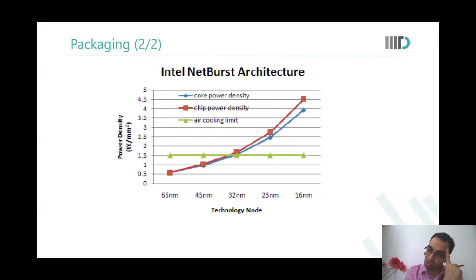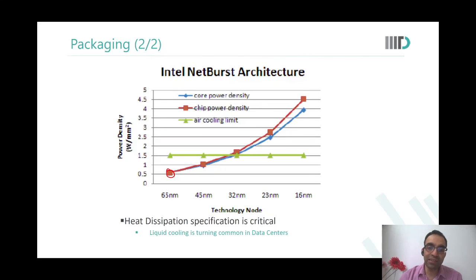And this is how the power generation on our chips has increased. But this is how the air cooling capability is. Air cooling capability will remain largely constant, is it not? Air can remove only this much heat from a given area in a given amount of time. After that, you start to use fans and all that.